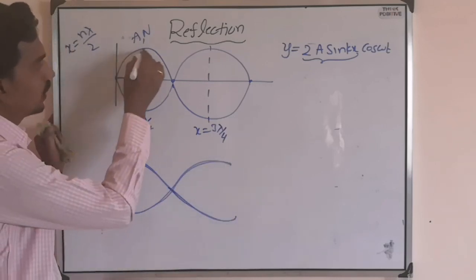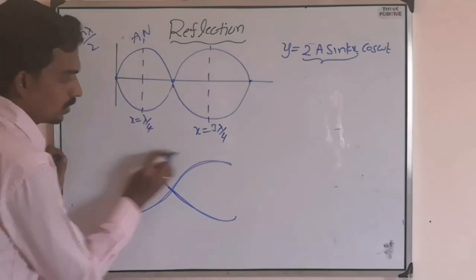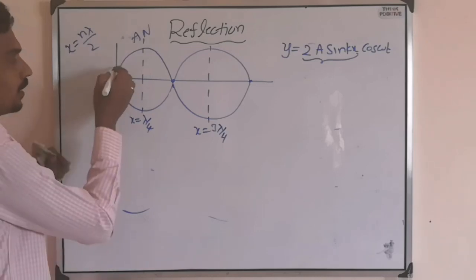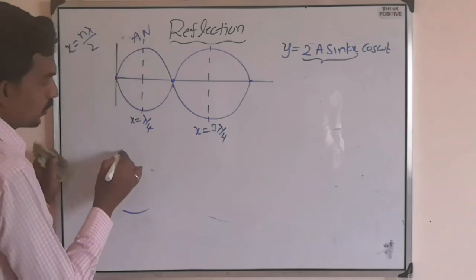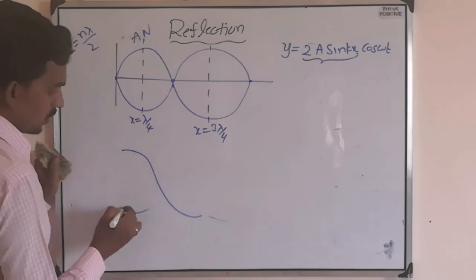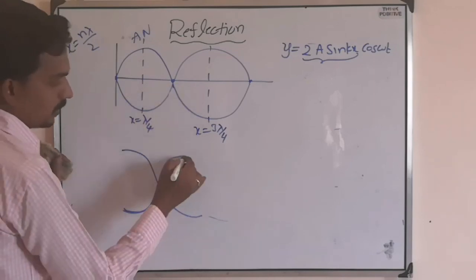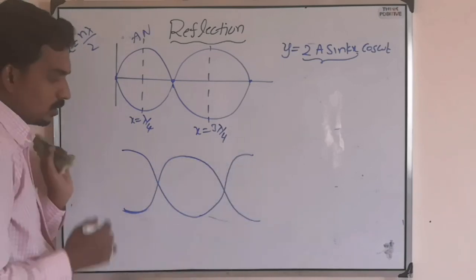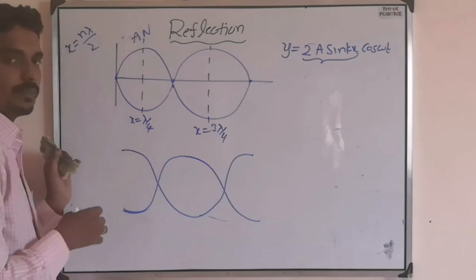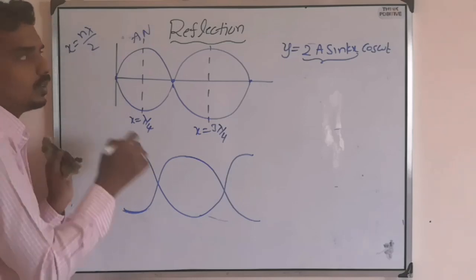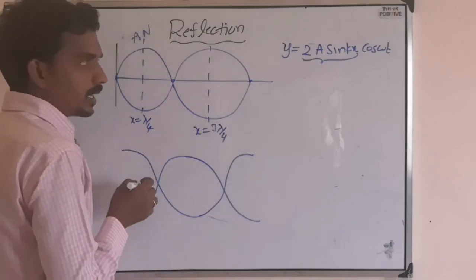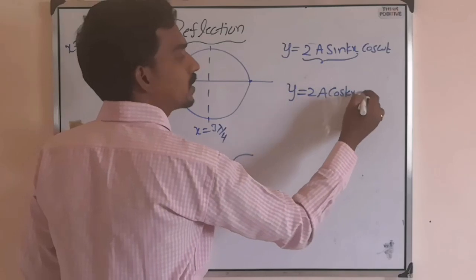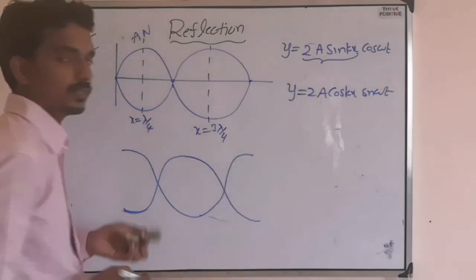So, like this. Or else you can draw like this. See, here it is fixed end, 0 node. If it is open end, it will go to maximum. So, it will become like this. Then, like this. So, now starting only maximum. Here starting only 0. That's why sine will come. Then in this case, cos will come. The equation will become like 2a cos kx and sine omega t.